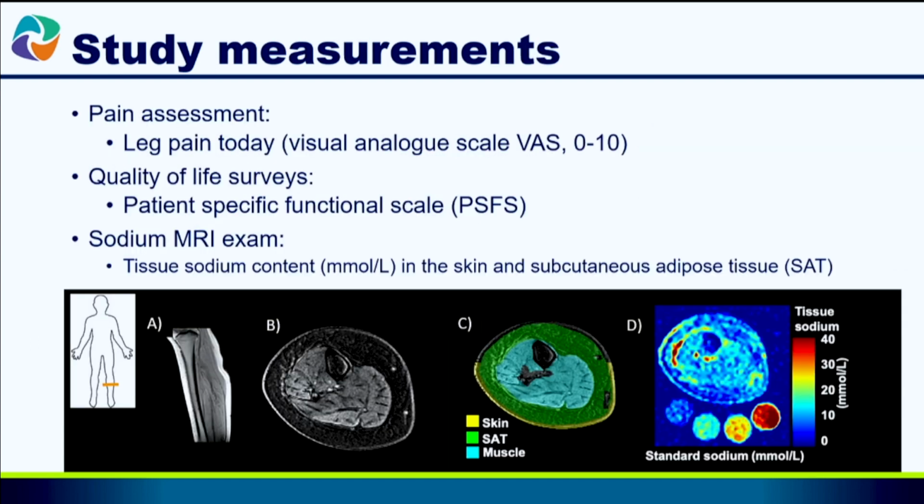And the study measurements specifically included pain assessment, asked as the leg pain today according to the visual analog scale from 0 to 10. Quality of life was assessed by survey using the patient-specific functional scale. This scale asks each participant to list 3 different activities that have become difficult for them because of their lipedema. So some examples might include walking for over an hour, being able to,